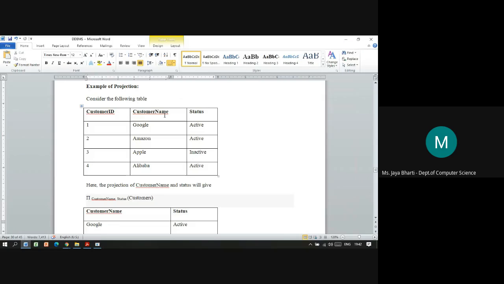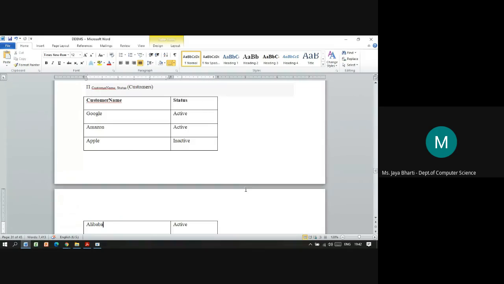So the customer IDs are 1, 2, 3, 4, customer names are Google, Amazon, Apple, and the status is active or inactive. Now the projection of the customer name and status is written as pi customer name comma status on relation customers.